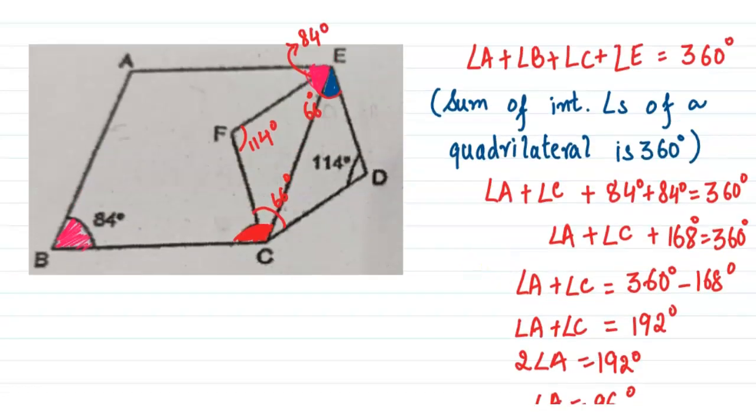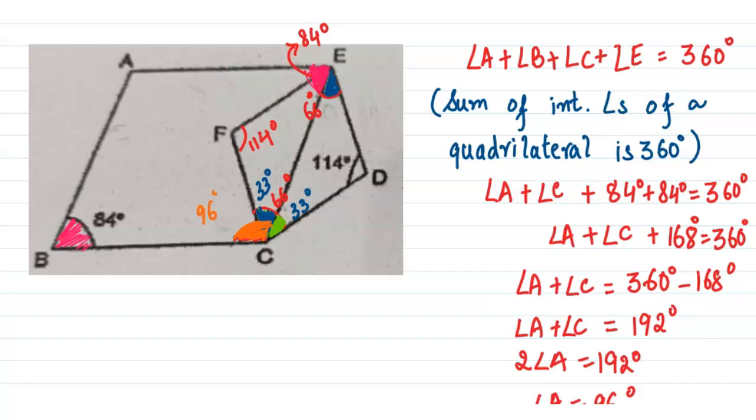Now look at this angle 66. 66 is also bisected by the diagonal, and so this much part is 33. This is also 33, but this whole part is